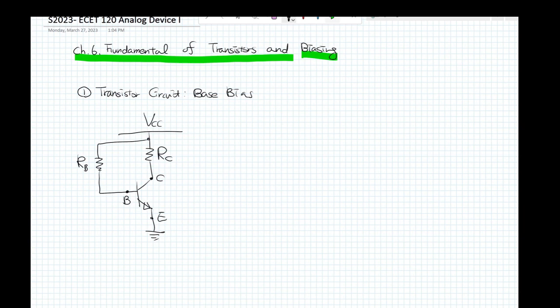So the transistor consists of three legs: the collector, base, and emitter. For the base bias transistor circuit, there is no resistor on the emitter side